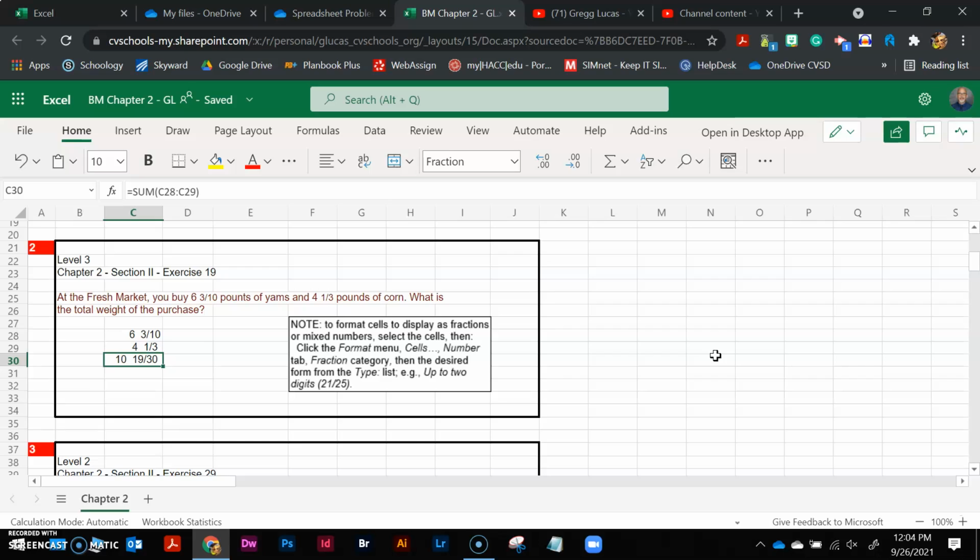Make sure on your homework that you have formulas in, and you're using cell references for everything. That's one thing I want to check with this. Again, I'm looking for the right answer. I'm also looking for your formula. So when I open up your